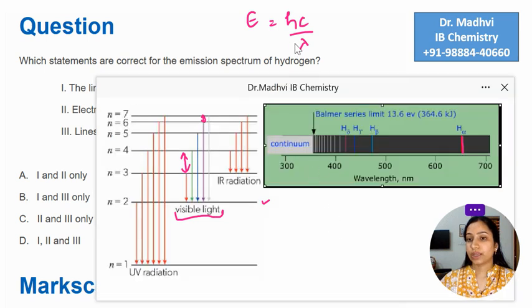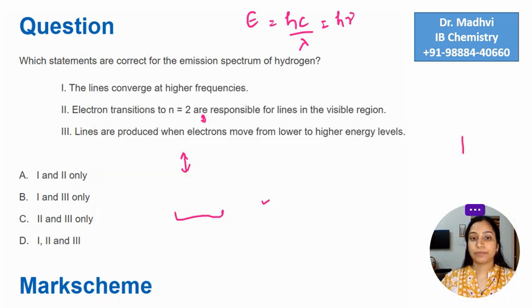And E is equal to h nu. So if the lines of shorter wavelength converge, then lines of higher frequency will converge. So yes, the first statement is right. The lines converge at